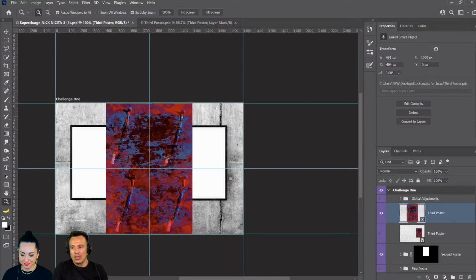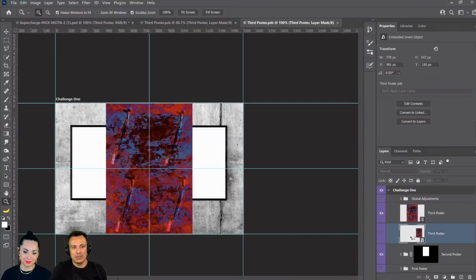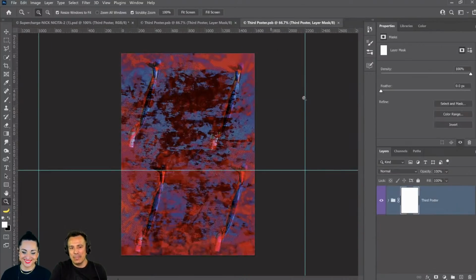So then at some point, Adobe introduced the PSB file, basically a Photoshop document that doesn't have a file size limit. And that is the default for smart objects. So when I double click on a smart object, and it opens up in a new tab, you'll notice that the default is PSB, Photoshop big. That way there's no file size limit and your smart objects can theoretically be as big as you want. Well, actually there's a limit for that as well, but we're not going to worry about that.